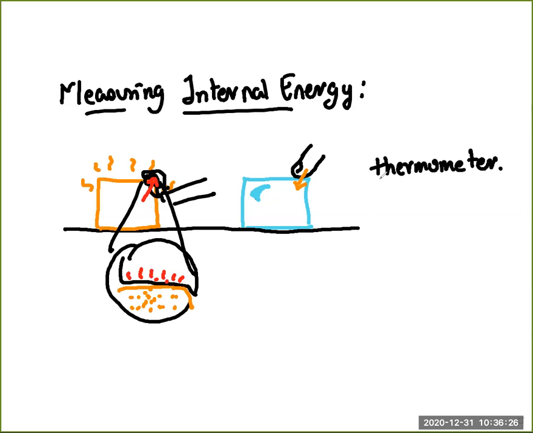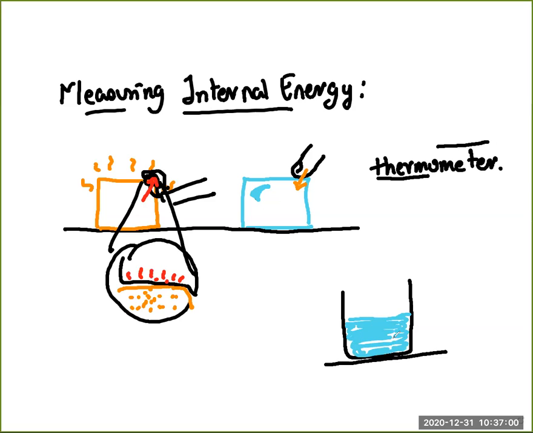A thermometer, a word made of two parts: thermos, that is heat, and meter, measure. So something that measures the heat or the internal energy of another object. So let's examine briefly how a thermometer works. The simplest kind of thermometer that is commonly in use is what is known as the mercury in glass thermometer. So say there is some water,